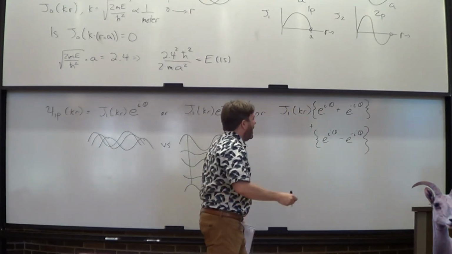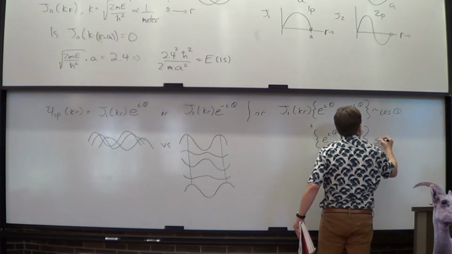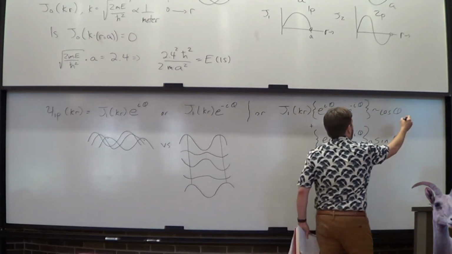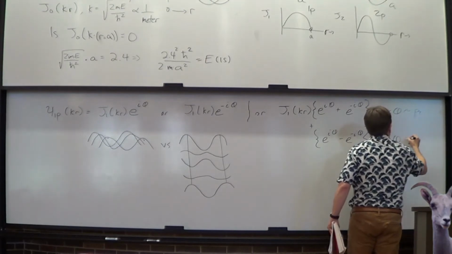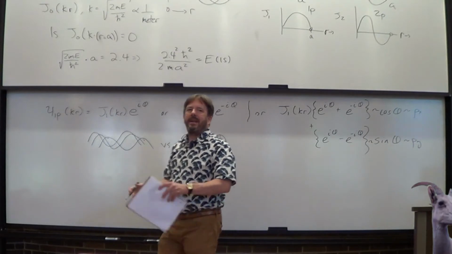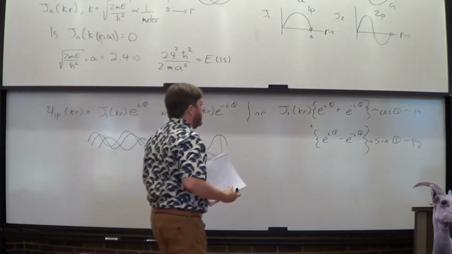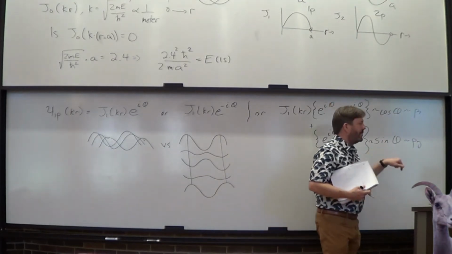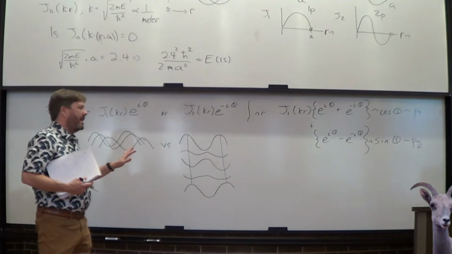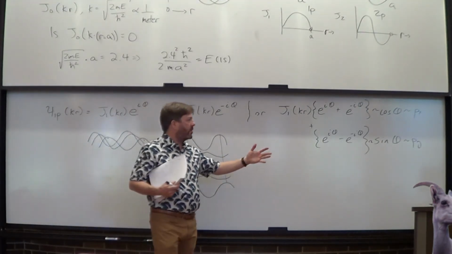Right? And that's basically cosine and basically sine. So this would be px, and this is py. Because x in cylindrical coordinates is r cosine, and y in cylindrical coordinates is r sine. Now, again, I want to emphasize, what you know as px and py and pz orbitals, they're created this way